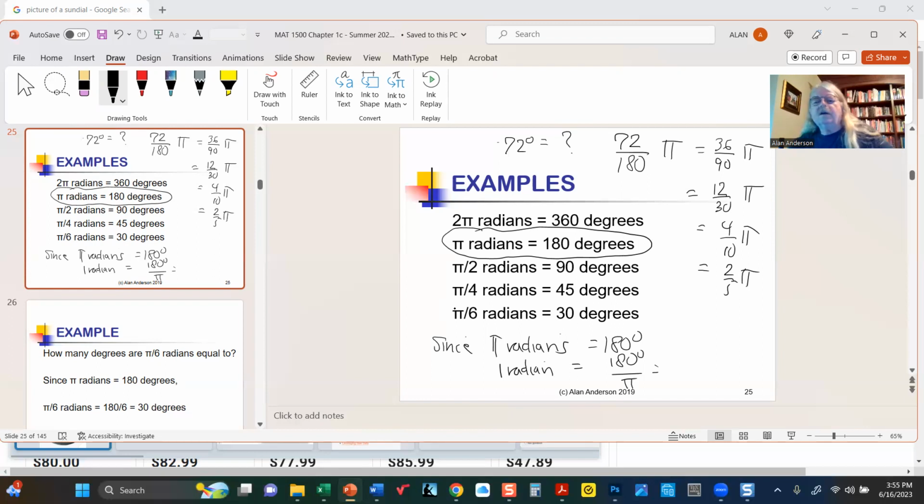A radian is approximately 57 degrees. It's slightly more than 57 degrees. I'm not sure exactly how this came about. We could probably find out. I'm sure there's a video about this on YouTube, but